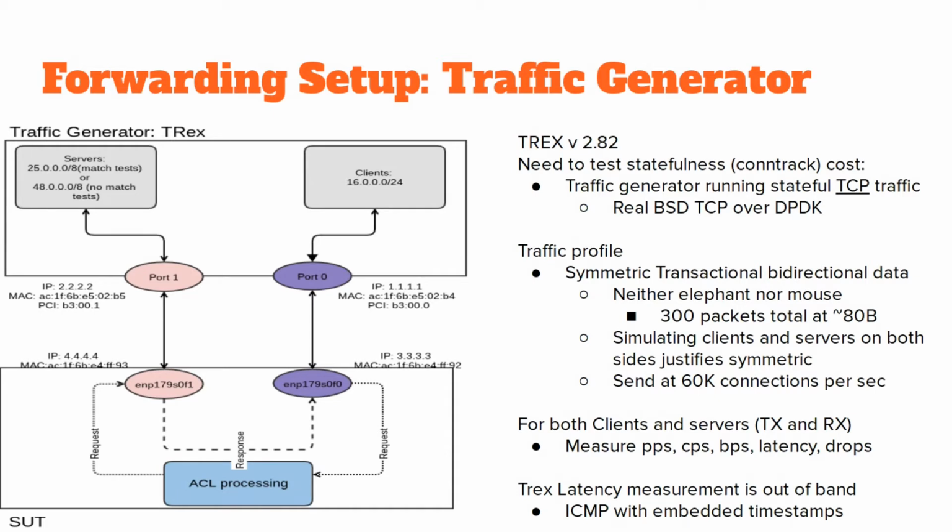T-Rex was set up to create up to 60,000 connections per second. We tested this to make sure that we picked the rate to minimize the drops. There were very few drops with that. So if you looked at the drops and at the connections, you would not be able to deduce what ACL